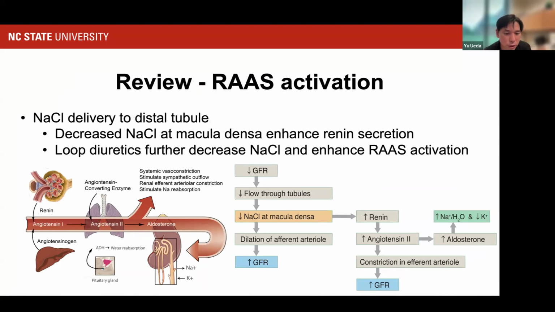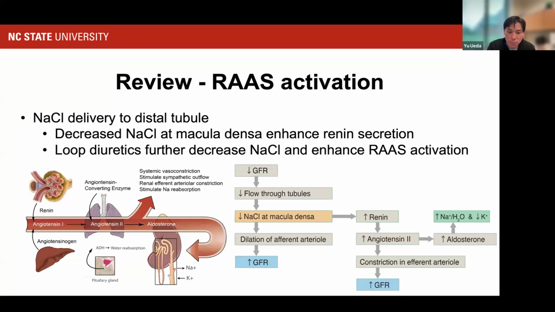However, this decrease in GFR and decreased sodium chloride sensed by the macula densa cells also activates the renin. And then this renin activates the RAS, the renin-angiotensin-aldosterone system. And that could result in more reabsorption of sodium and also reabsorption of water. So that could counteract the effect of diuretics through the RAS activation. So that could be one mechanism that causes diuretic resistance in the body due to the RAS activation